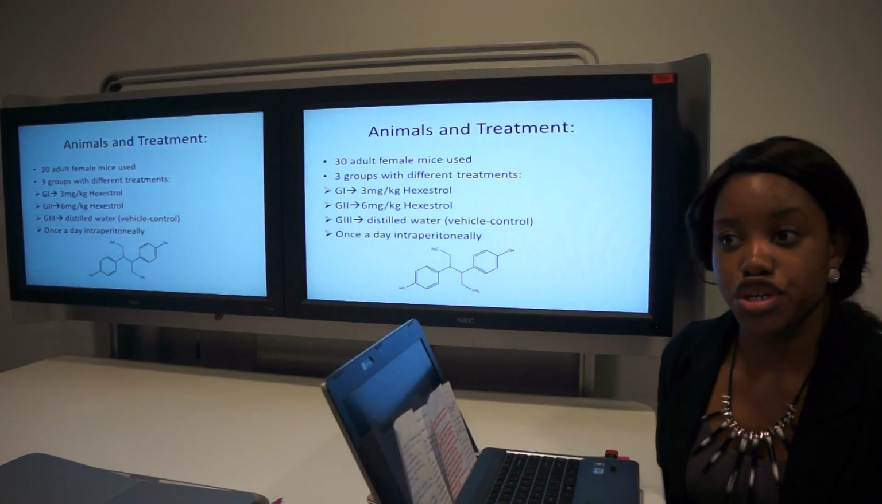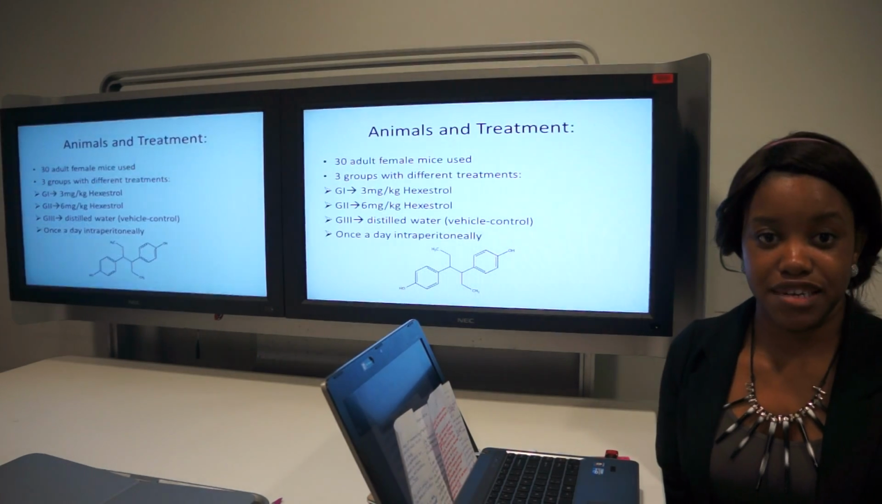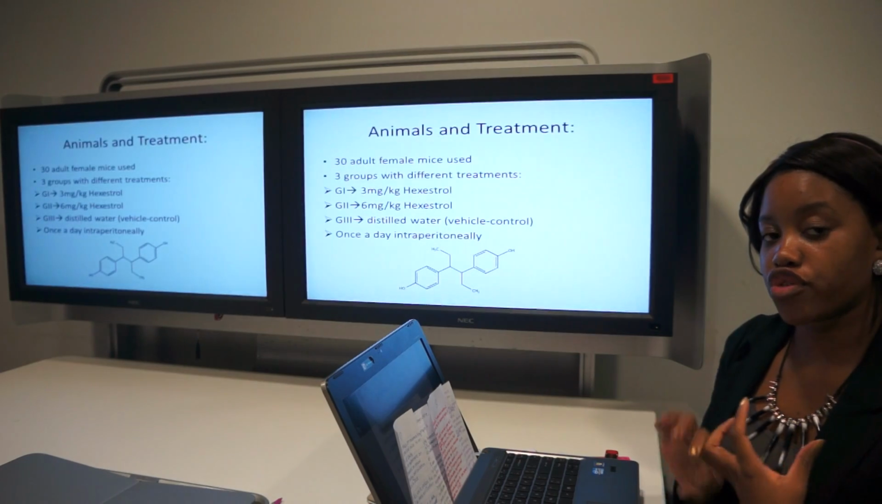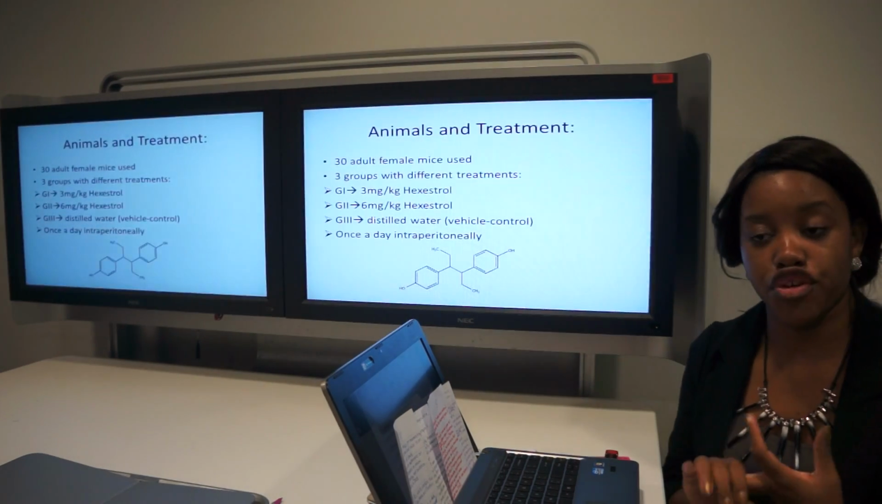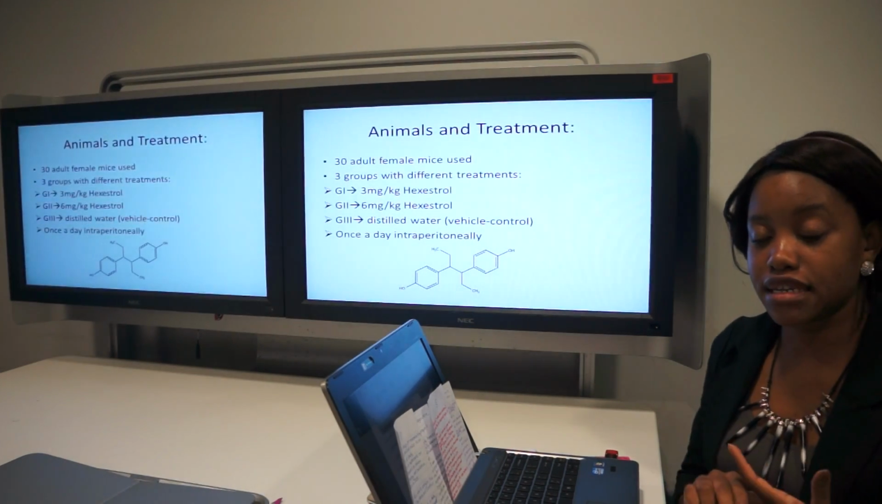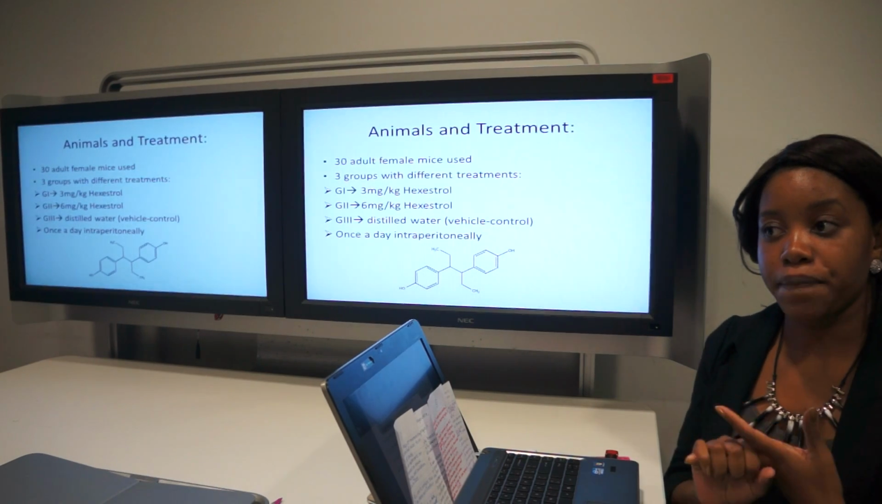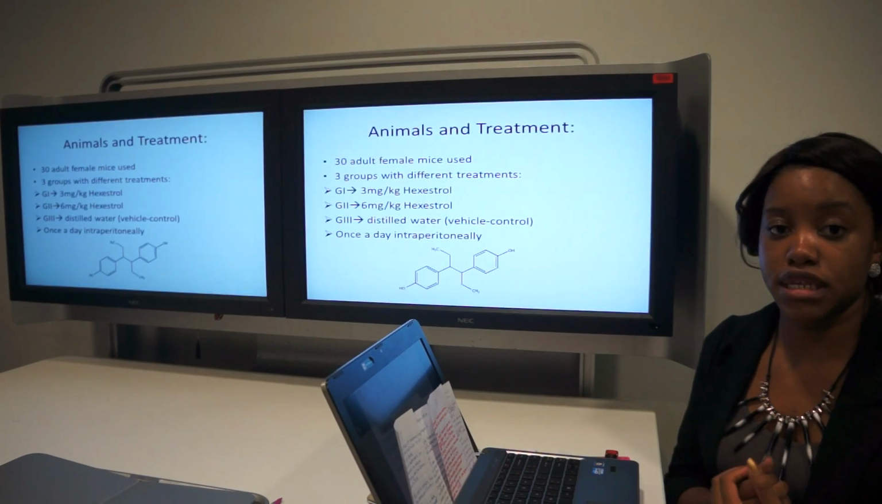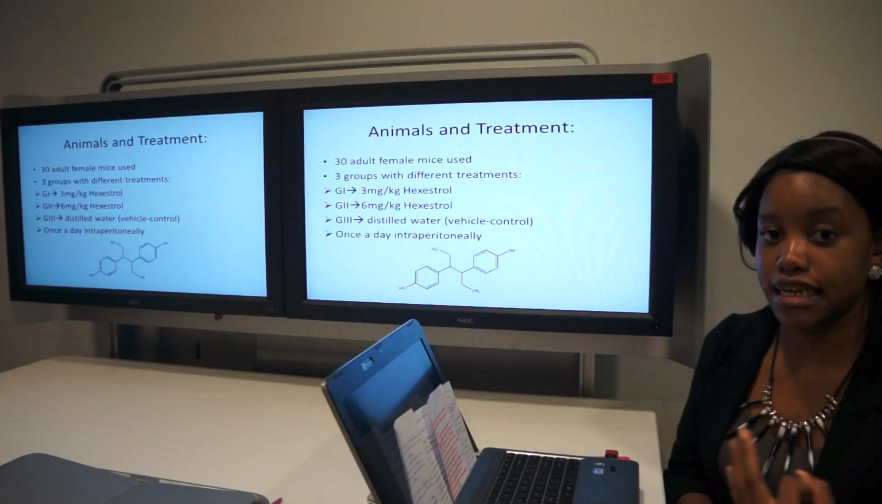So 30 mice were used and put into 3 different groups. Group 1, which was given 3 milligrams of Hexestrol. Group 2, 6 milligrams of Hexestrol. And Group 3 was the negative control that was given distilled water. And these were injected once a day intraperitoneally for 30 days, after which